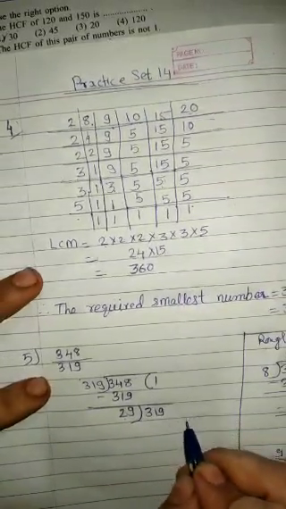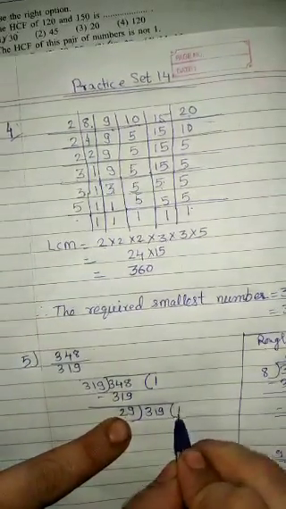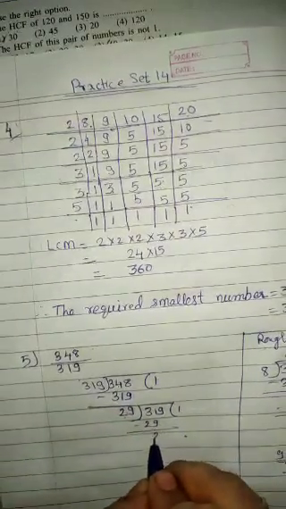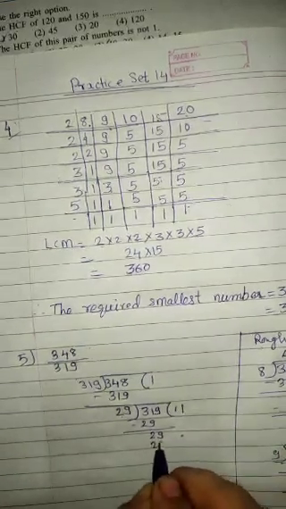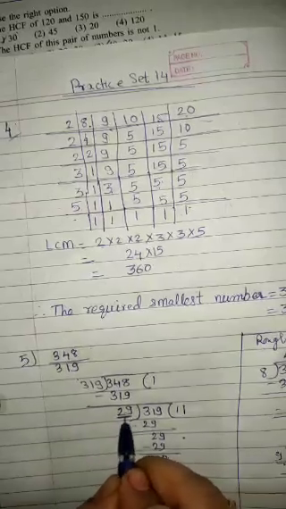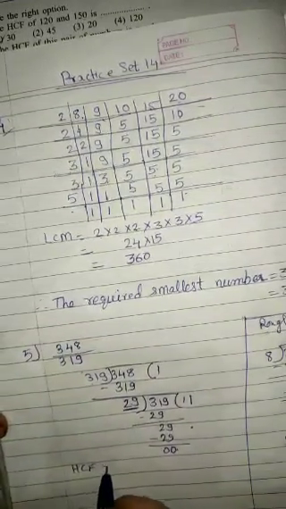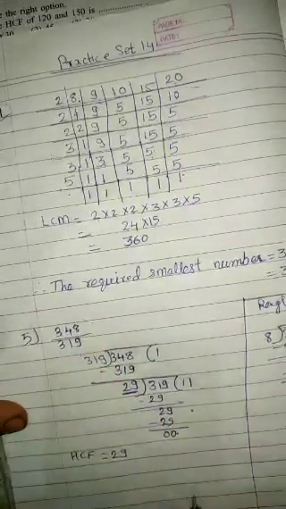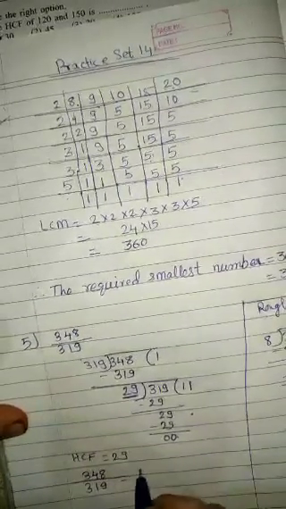Now 29 ones are 29. 31 minus 29 is 2. 29. Then 29 ones are 29. Here you are getting remainder 0. Okay, that means 29 is your HCF. Therefore the HCF is 29. Now we will write the factors of this, that is 348 upon 319 is equal to